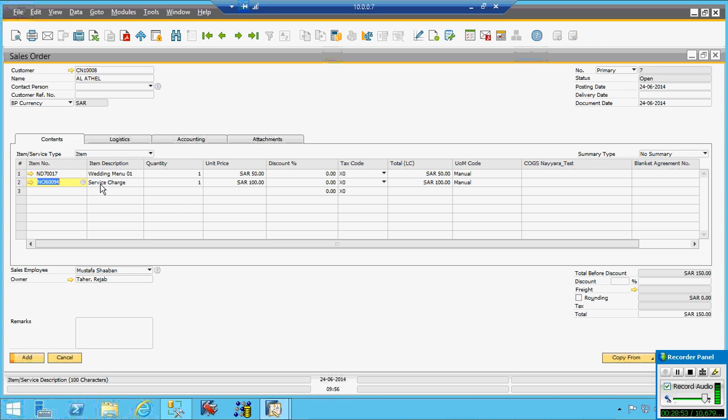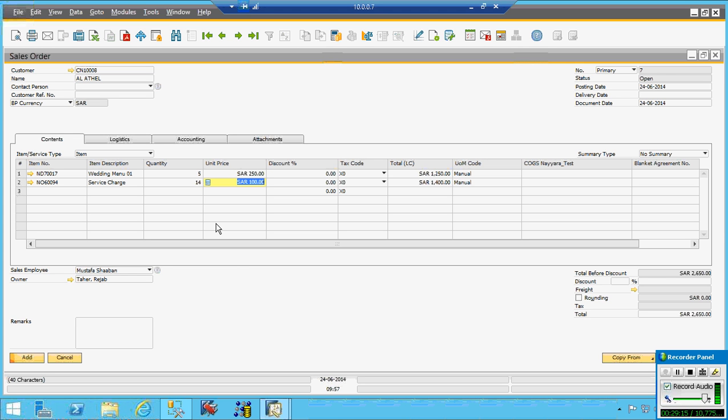So the cost of the wedding menu is 250. The total entire cost is 250, and number of minutes, for example, 5. Done. Service charge. Now we are telling how many labor. I say 14 labors. 14 into 100, 1,200 riyal is your labor charge.